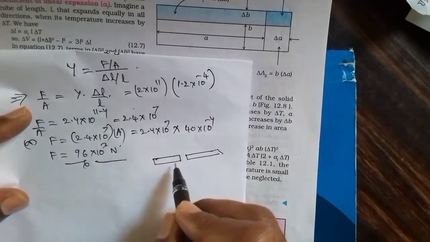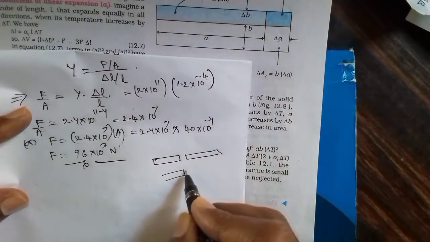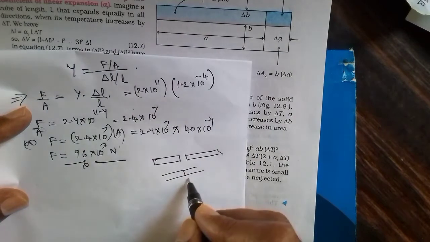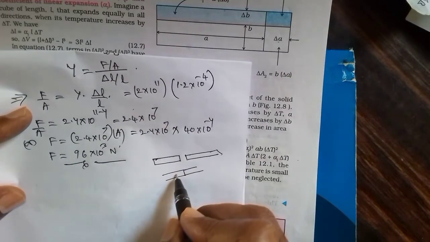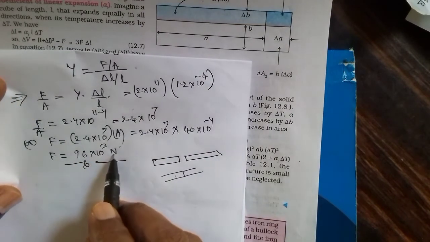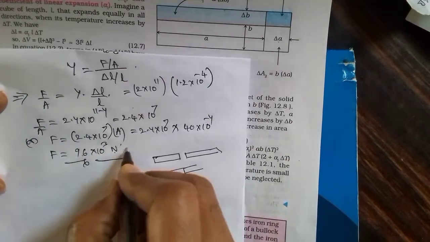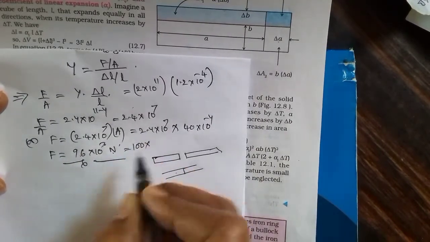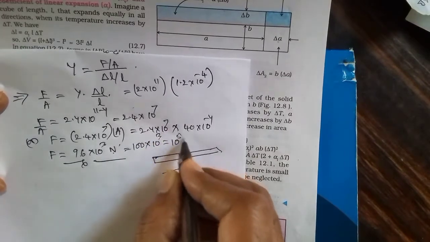But here in this problem, the gap is not left. They are in touch with each other. Then this is exerting a force of 96 into 10 to the power of 3 newtons. 96 means nearly 100, suppose 100 into 10 power 3, that is 10 power 5 newtons, a very